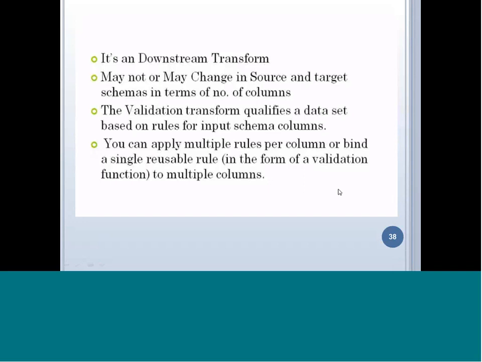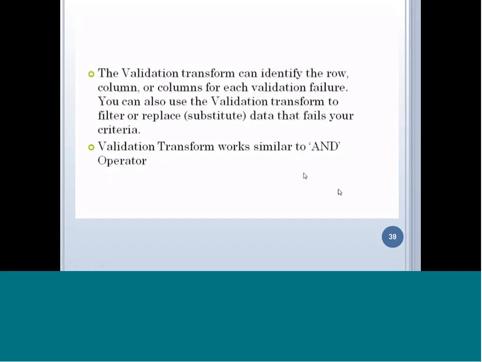So the basic identification of the validation transformation is that we have to write a condition again. So here we say a rule. For that particular rule, we give a name. The condition to which the name is given is called a rule. So here the validation transformation works similar to an AND operator, whereas the case transformation, if you